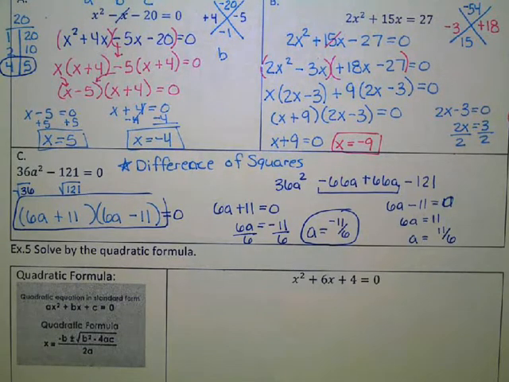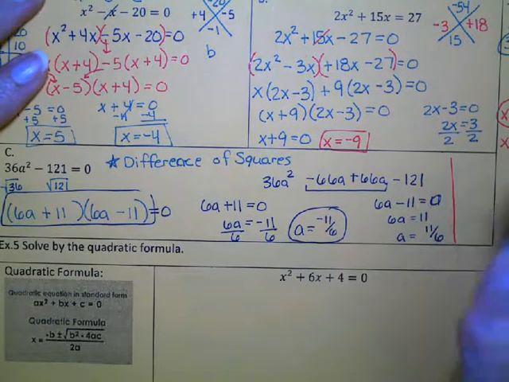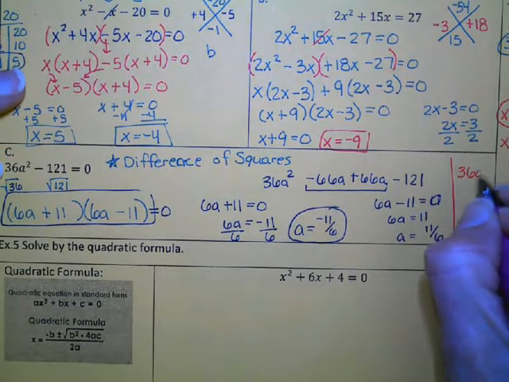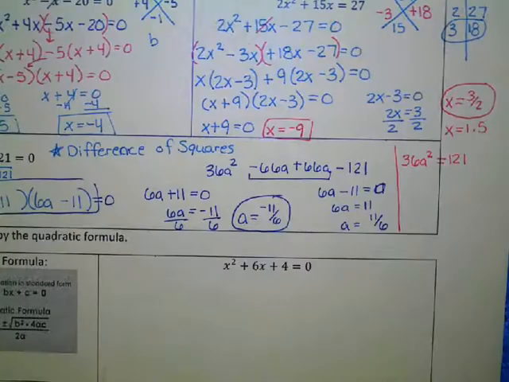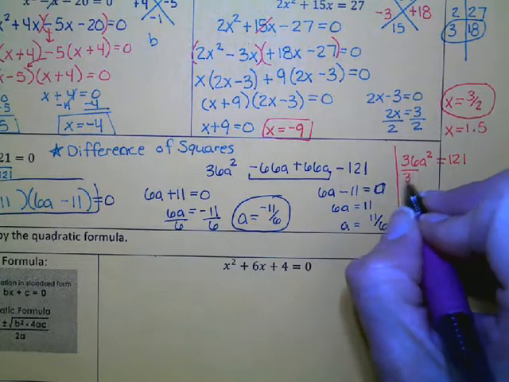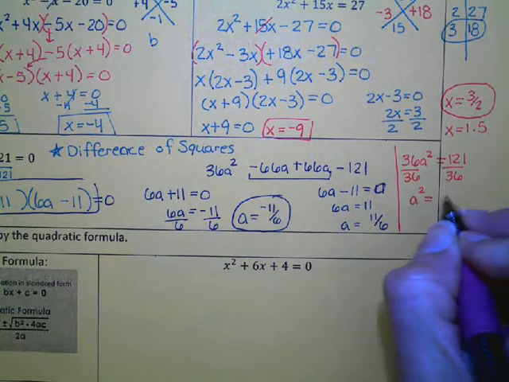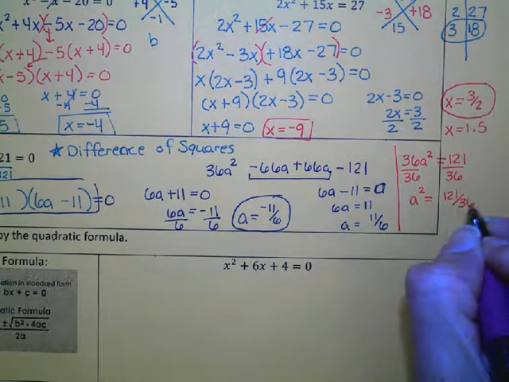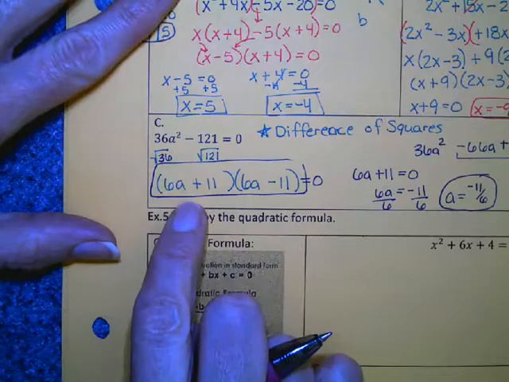Difference of squares is one way to do this. Another way to do this question, which I didn't leave myself very much room, is to take 36a squared, add the 121 to the other side, see that, then divide by 36, and you have this fraction. A squared equals 121 over 36. Well, anytime you have a squared, you can square root that problem. So you can either square root it here and then solve for them, or if you get the a squared term by itself and then square root